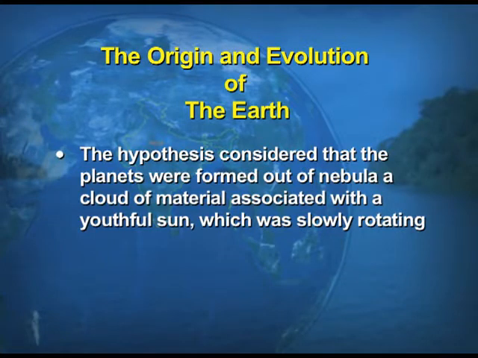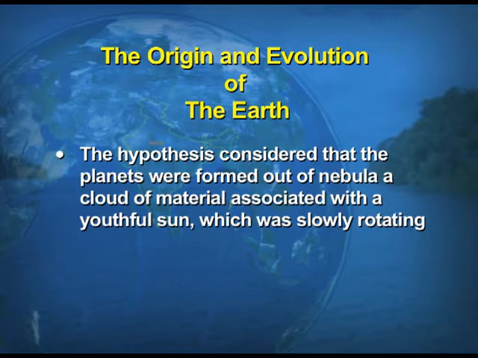Now, so far as the origin of the earth is concerned, the earliest theory which has been considered is the nebular hypothesis. This hypothesis was postulated by Immanuel Kant, and was later revised by Laplace in 1796. This hypothesis considers that the planets were formed out of a nebula, a cloud of material associated with a youthful sun